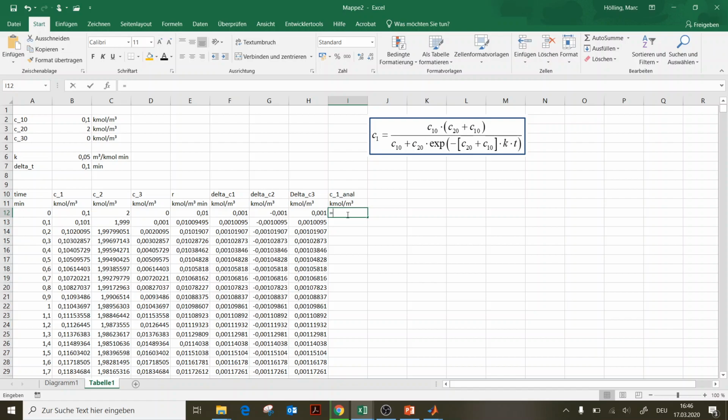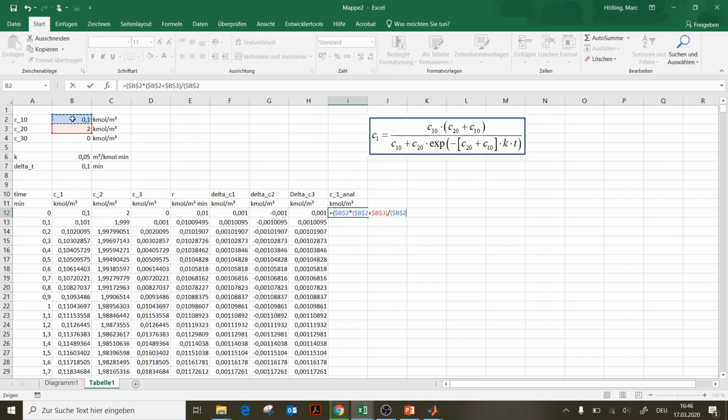C1 analytical is equal to C1 F4 times C1 plus C2 divided by,